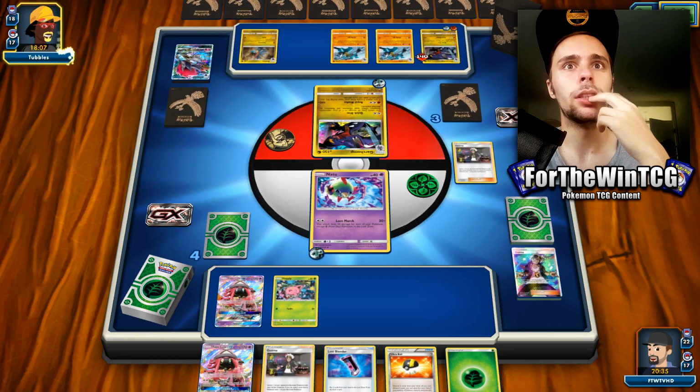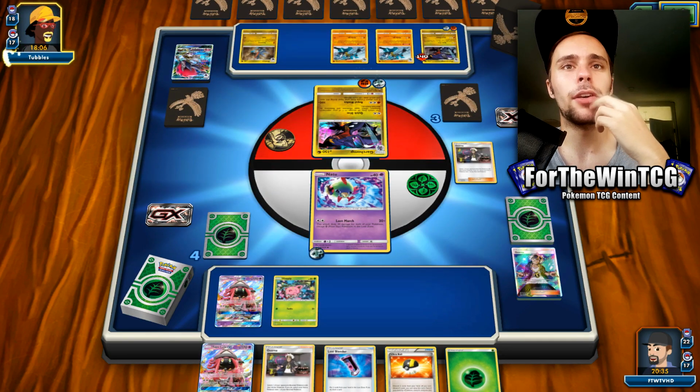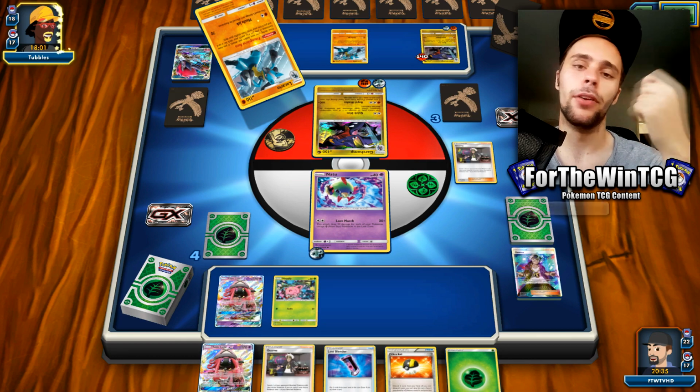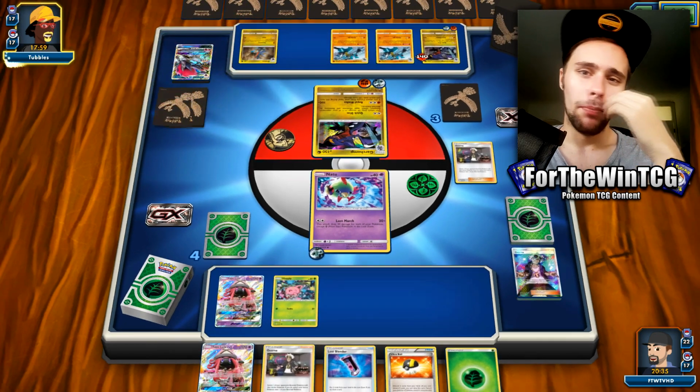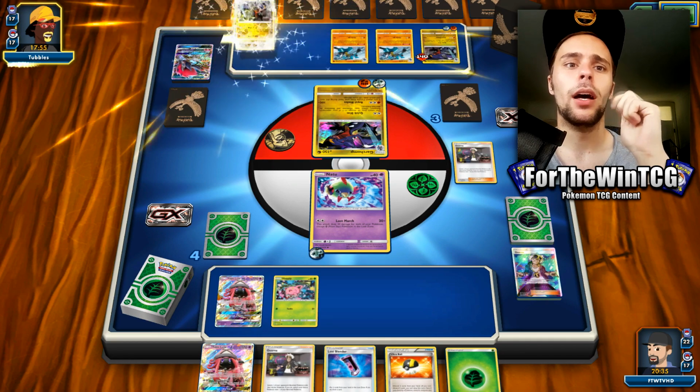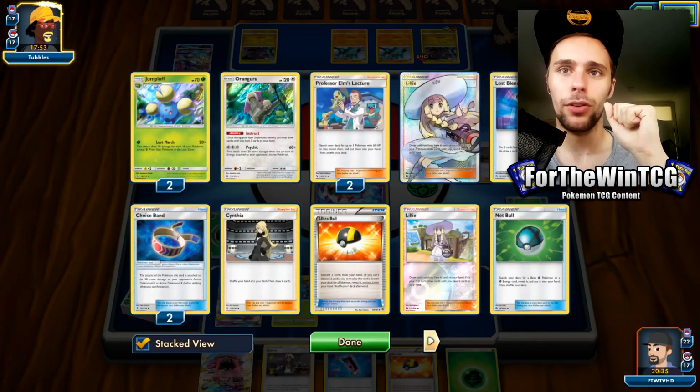Think. They definitely have a KO here. We need to Ultra Ball for a skip limb. And I think I'm going to Ultra Ball away the Lost Blender. And maybe our top deck. That seems optimal. And then we're kind of just going to have to roll with Natu for the rest of